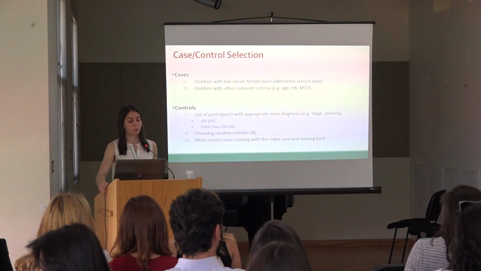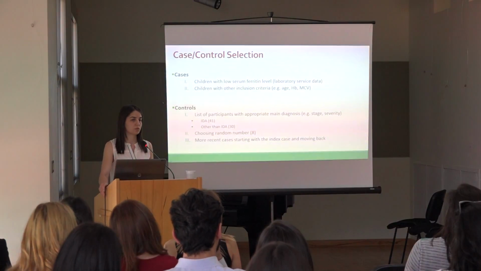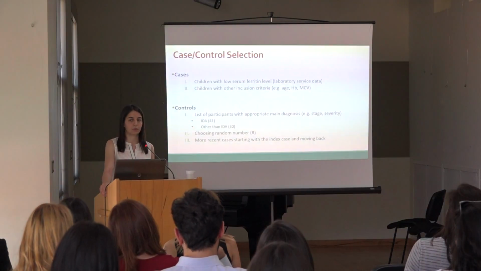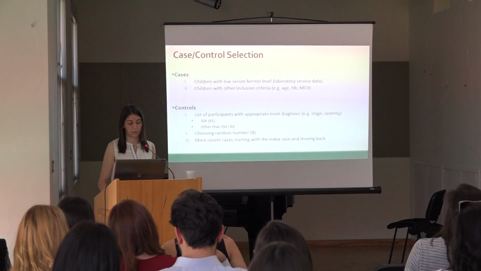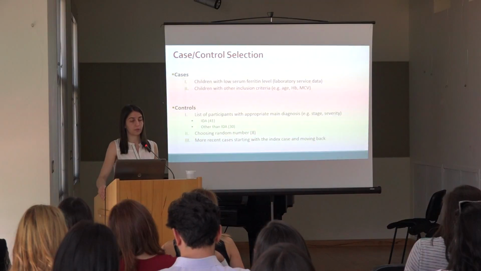For case selection, from laboratory service data, we identified children with low serum ferritin level, and then in medical records, we checked for other inclusion criteria such as age, hemoglobin, or MCV. And for controls, we made a list of potential participants